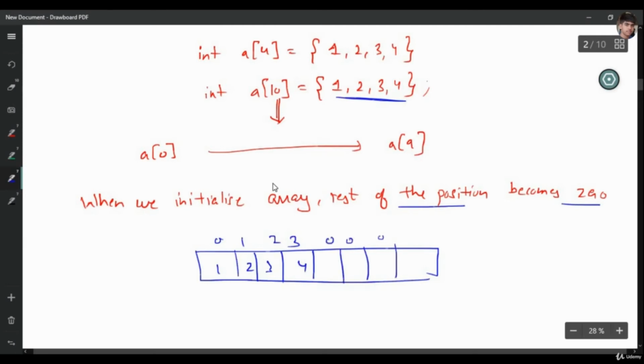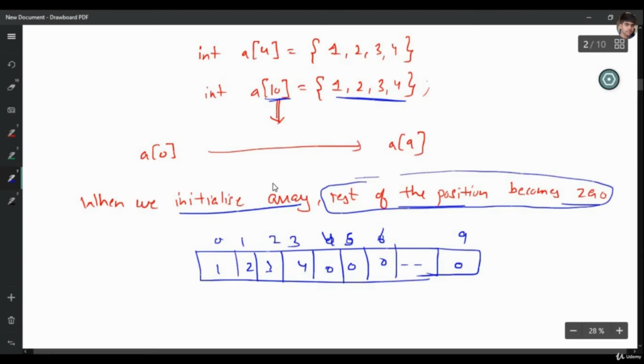So the 4th position, 5th position, 6th position, and similarly the last position for an array of size 10 is 9. So here it will also be 0. So when you initialize the array, the rest of the positions will become 0. So 1, 2, 3, 4 will be there, and all the rest of the positions will become 0.